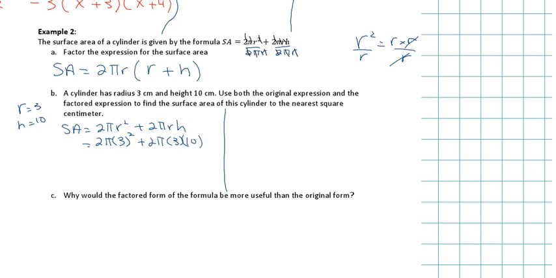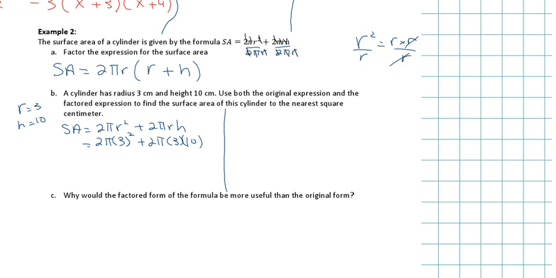So that's the first part. So what do you get for the first part? 56.548667. Okay, 549, that's good. Okay, can you guys do the next part? So 2 times pi times 3 times 10. 188.49. And then if I add both of them,